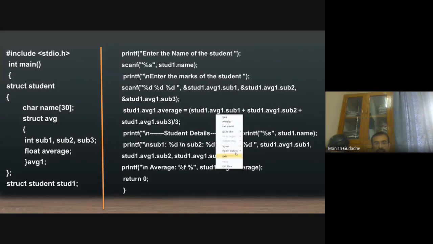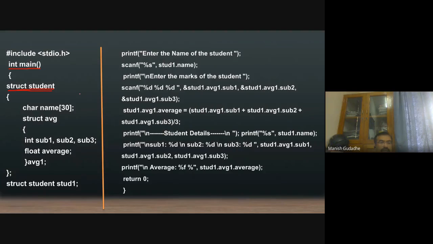Let us see this example where we are declaring main. Someone asked me the question yesterday: where should we declare a structure, globally or locally, outside main or inside main? I replied it can be declared anywhere, depending on the way you want to use it. If you want to use it throughout the program in all functions, better go for a global declaration. Otherwise, you can go for this kind of local declaration, where within main I am declaring a structure called student.